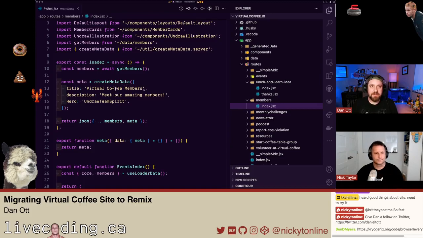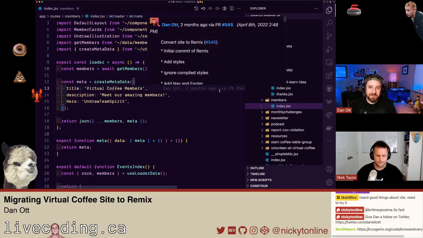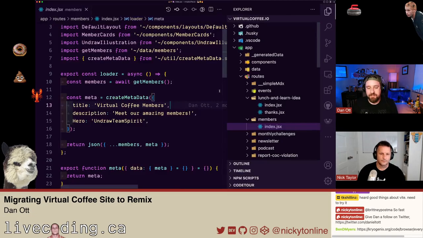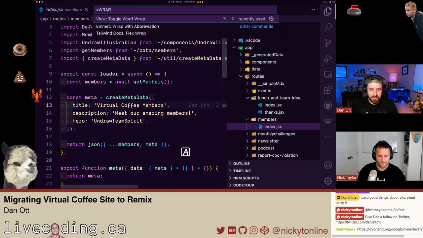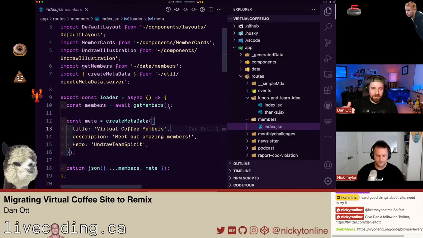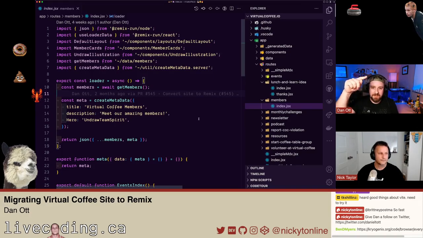You don't need them as much in Remix anymore, because all the data loading is based on routes. So when you load a new page, it will go up the tree of the routes. Any routes that changed reload the data or freshly load it and provide it to those routes, and it'll go down the nest. But it's not set to go back up the nest,